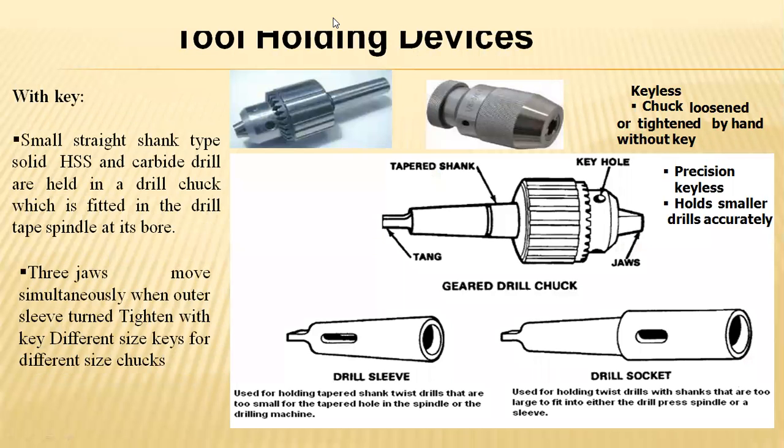So, with respect to the key, see, this is the keyhole. By maintaining the key, L-angle keys are used for this keyhole, where the insertion of this key is done. Upon turning it, the jaws open for holding the tool. And later on, after fixing the tool internally, the keyhole is tightened to get a good tight fit.